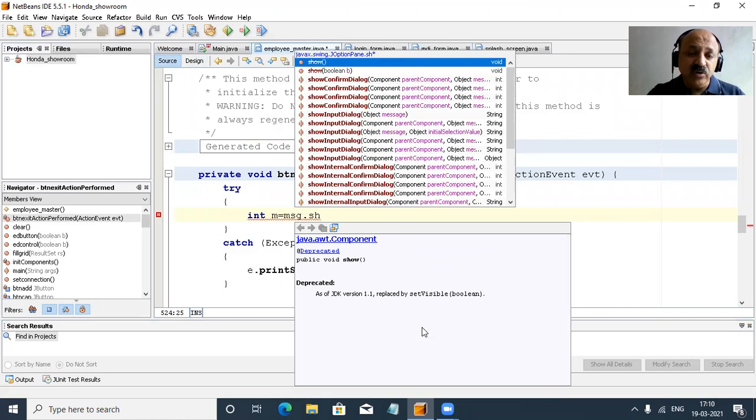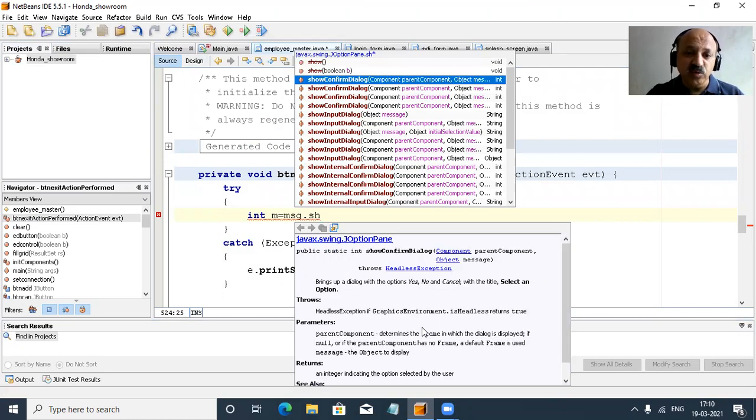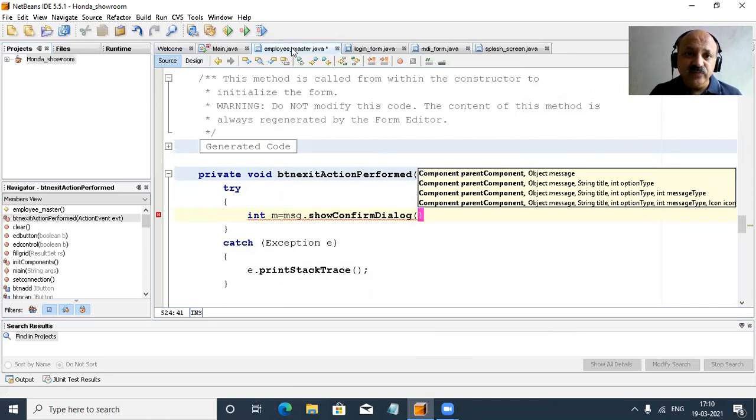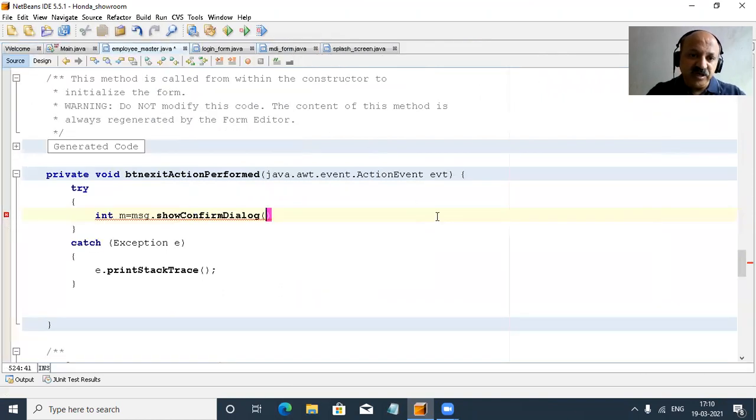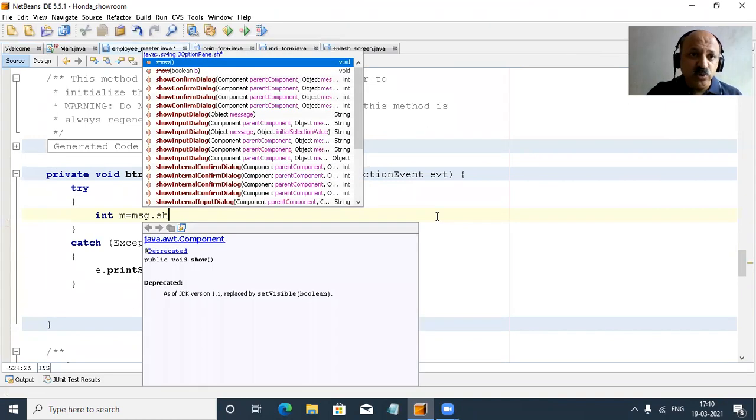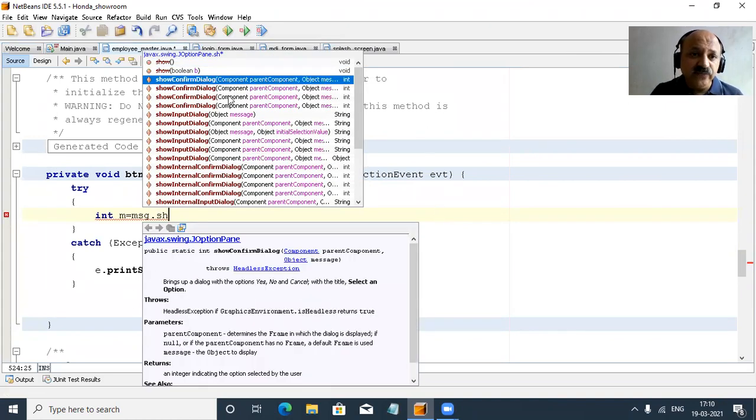In the previous videos for connection confirmation we used the show message dialog box, but here we use the show confirm dialog box for exit or not. I take full screen so you can watch better. Here you can look at the syntax of showConfirmDialog. It is overloaded, here four versions, and the return data type is integer. We select the first one.